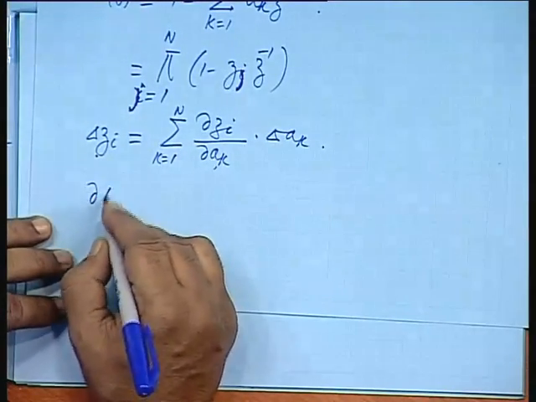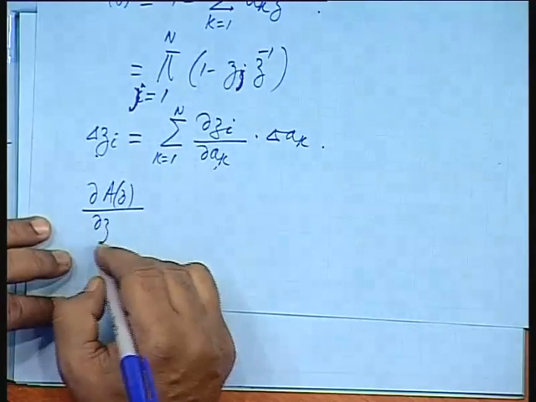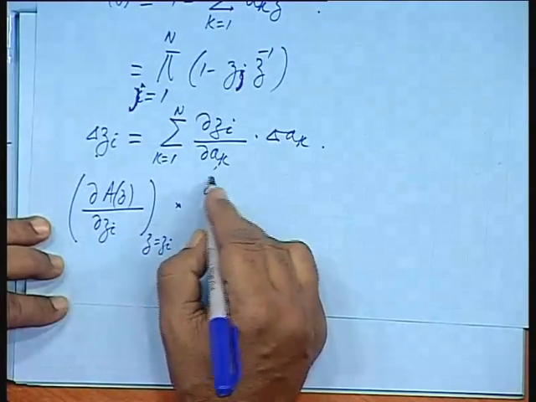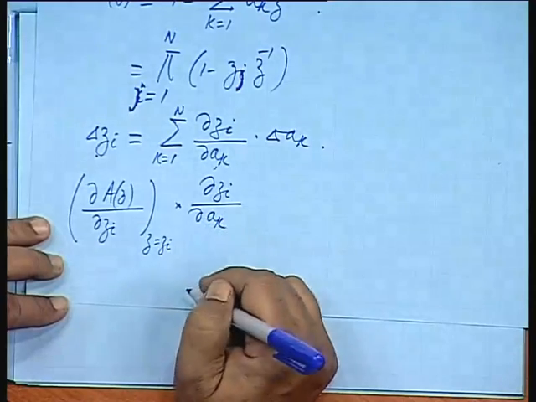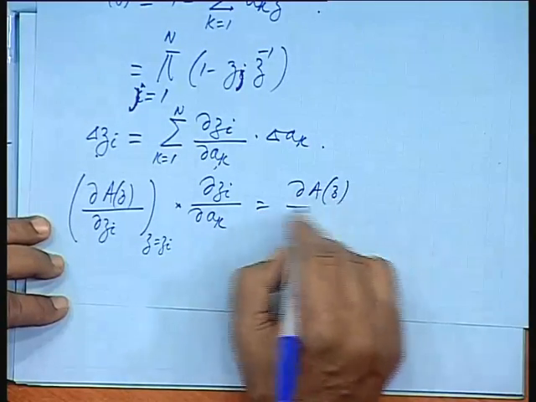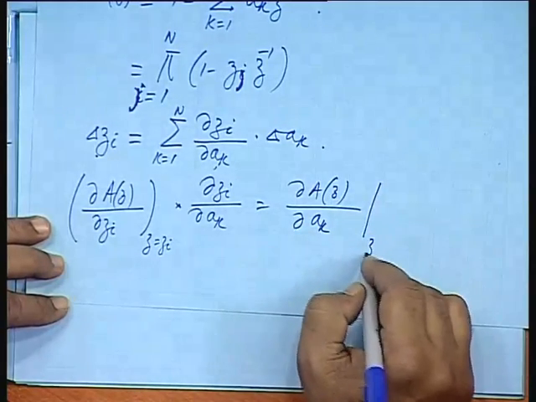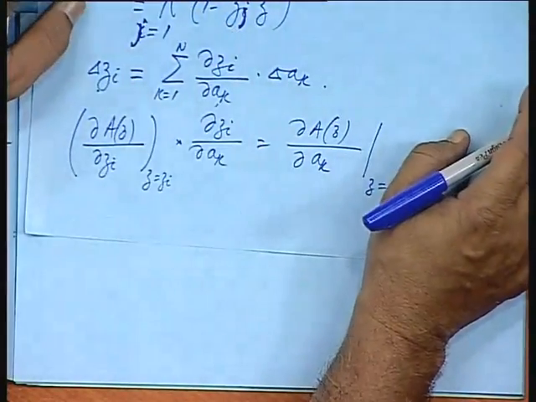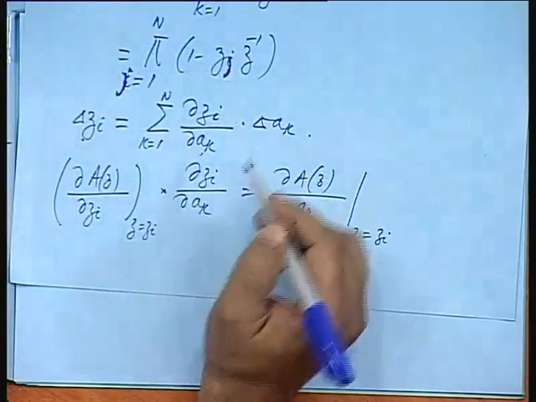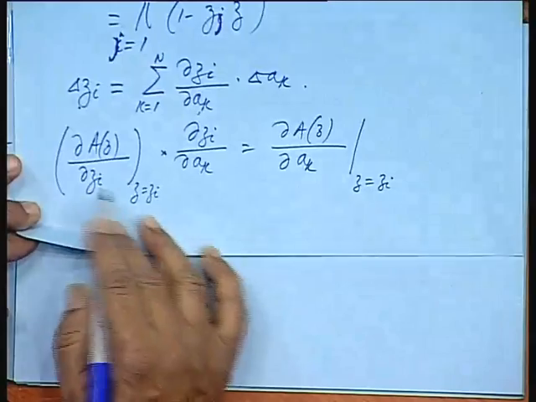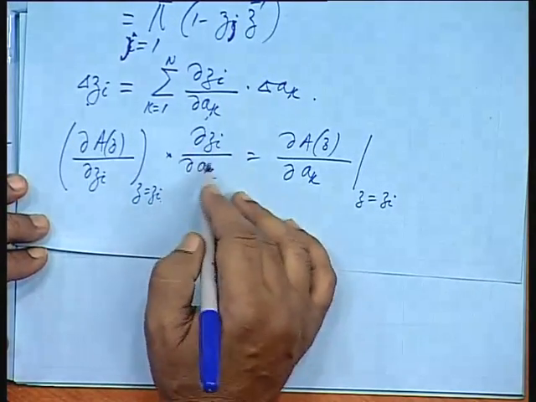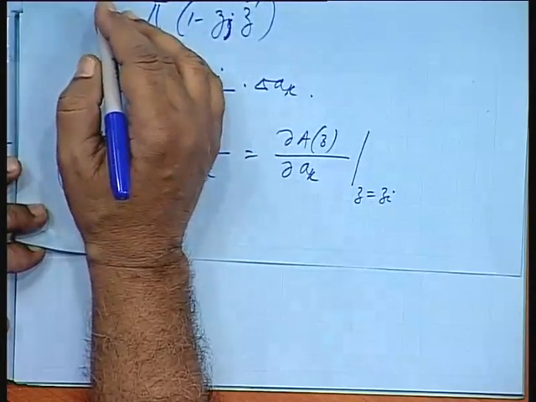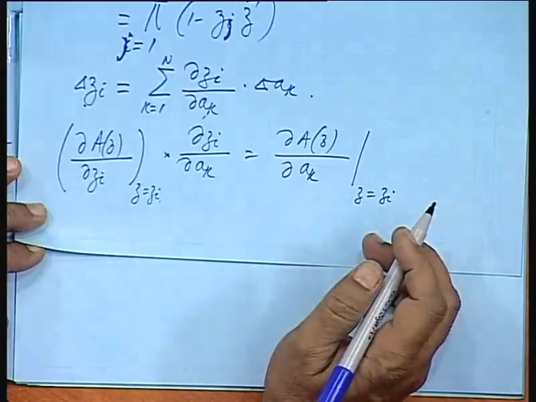Now, delta Az by delta Zi multiplied by delta Zi by delta Ak is equal to delta Az by delta Ak at Z equal to Zi. So, the partial derivative of this with respect to any root Zi, if you compute that slope at Z equal to Zi, multiplied by the sensitivity of Zi with respect to Ak, will be the sensitivity of this, the partial derivative of Az with respect to the coefficient Ak. So, from here